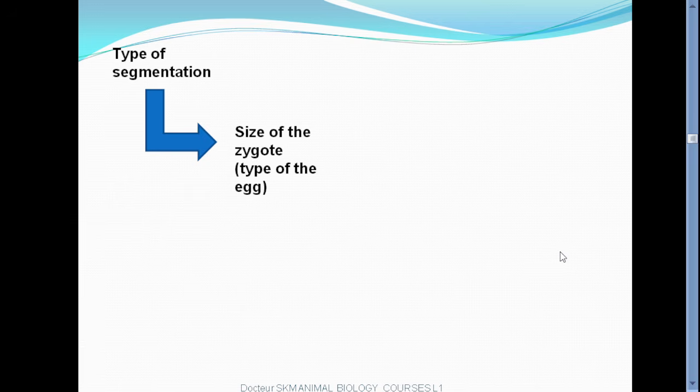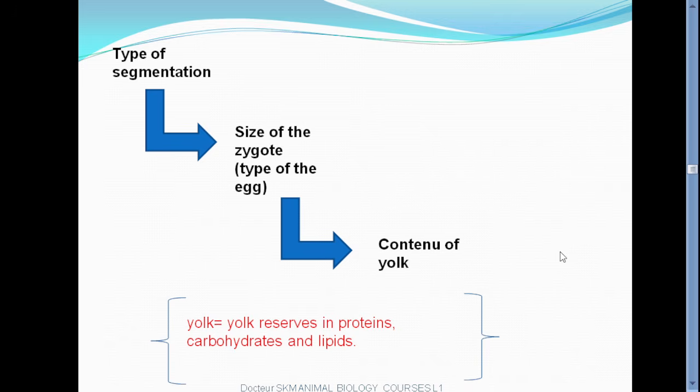So the zygote or the egg, in nature there are many types of egg according to their composition of a special compound called yolk. This yolk, or you can also call it yolk reserves, are in fact